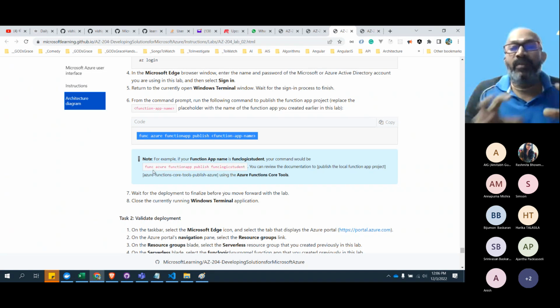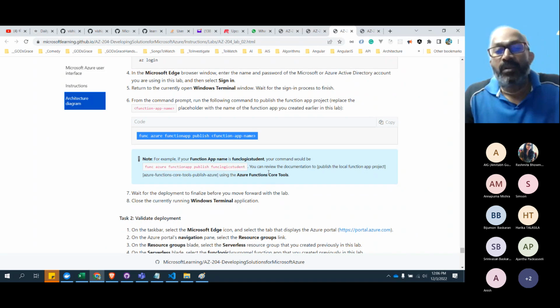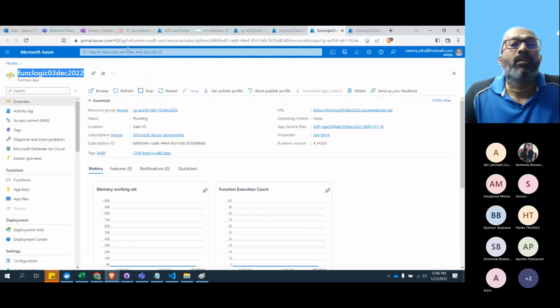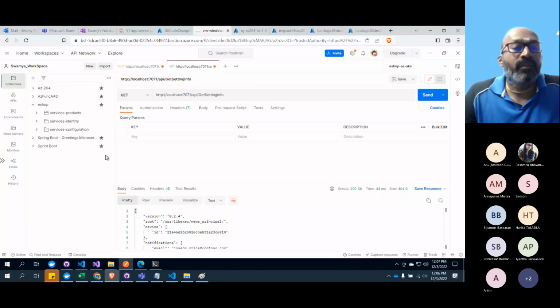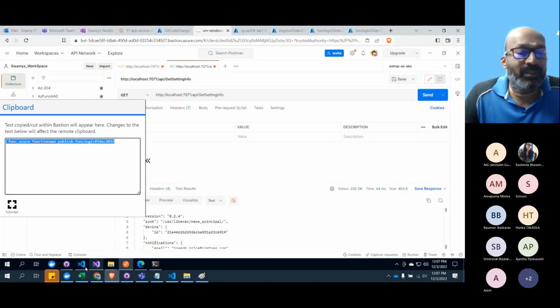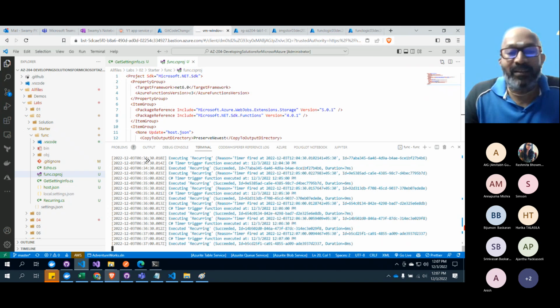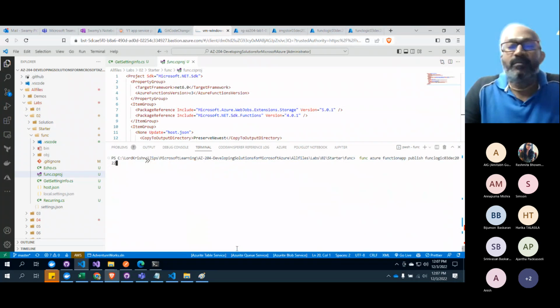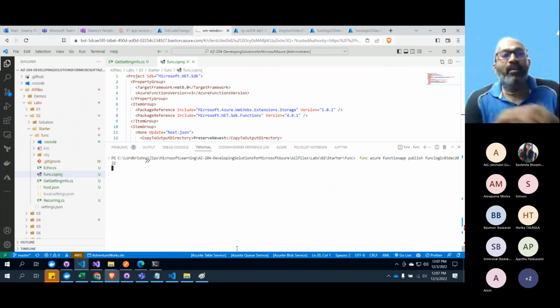So all these three functions will get published. Now let me come back to my virtual machine and expand this copy. I need to go through this little painful process, but I love that. Click on that.